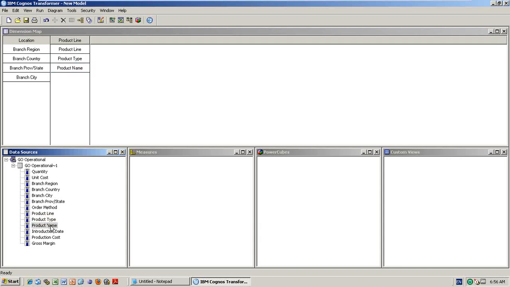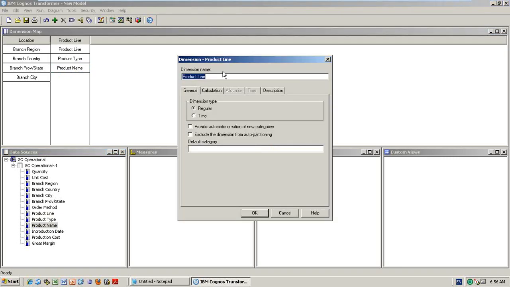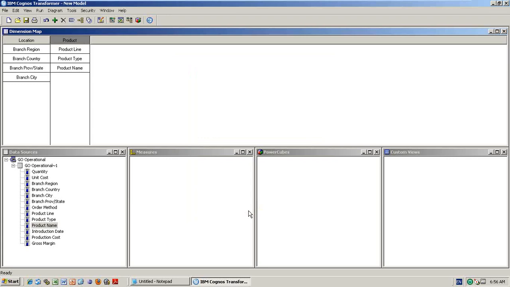Then this also, double click it. Instead of product line, you put product dimension. In the product dimension, 3 levels, like our region, country, state, right? This is also 3 levels. All the levels, they will provide which level you need to take in the design document. Based on that you proceed. And measures, quantity, you drag into the measure values. Don't go for dimension. It's a measure. Unit cost, drag and drop. And production cost, drag and drop. Gross margin, drag and drop.